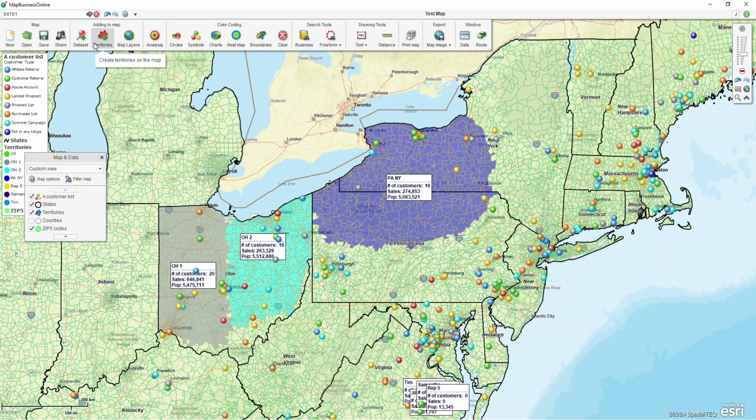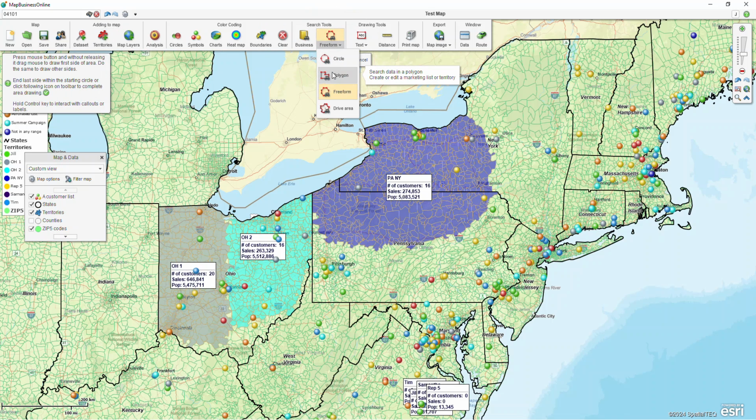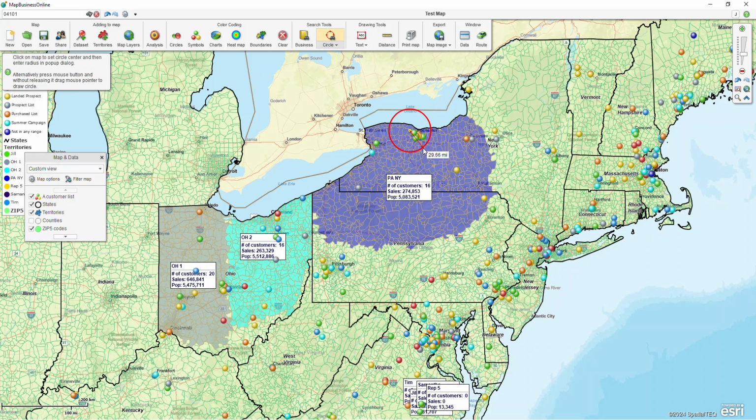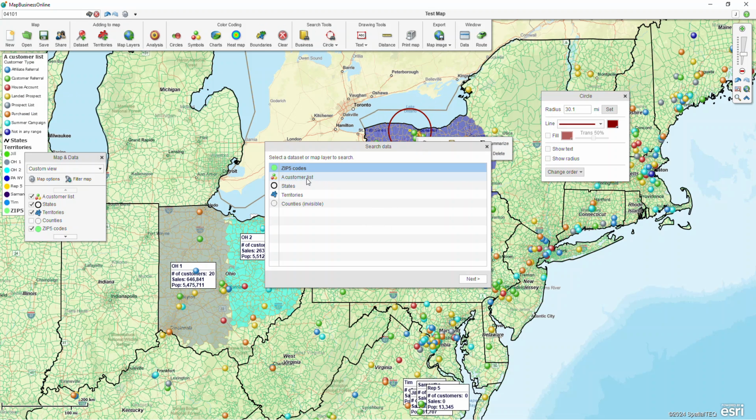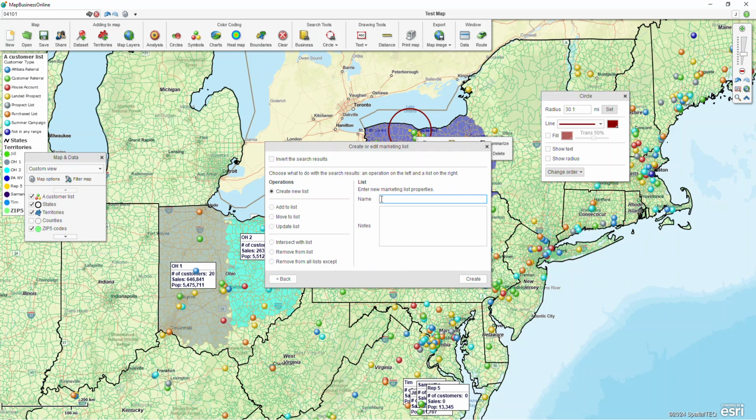They cannot delete territories. They cannot create territories. But they do have a search button of their own. So they could search by something like a circle or a polygon and find customers that fall within an area. If they wanted to, they could click a little circle and query the customers within a shape